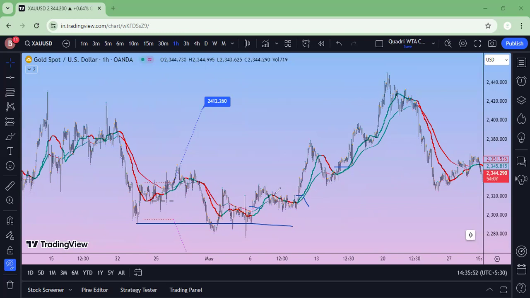This is your stop. You can trail the stop loss with this particular line also. This is the SL line. The line with a cascading effect is the stop loss line. Here you can go for a short. When both the lines are red, go for a short opportunity and it reached this level. So either you can exit or trail your stop loss accordingly. So this was a winning trade, I guess. For me, it was a winning trade.